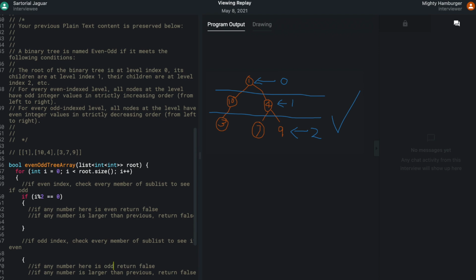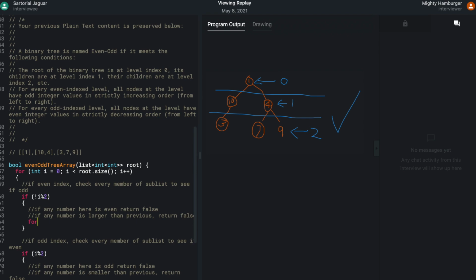It's smaller. Let me just finish this if statement here. Actually, I can just make this even shorter. Okay, so now I have my pseudocode. That looks right to me.